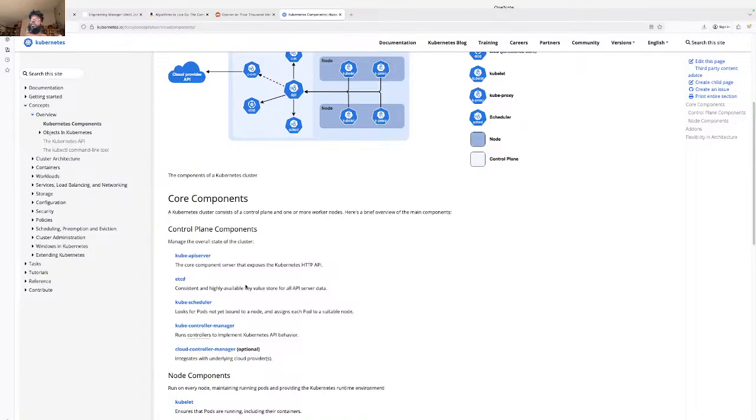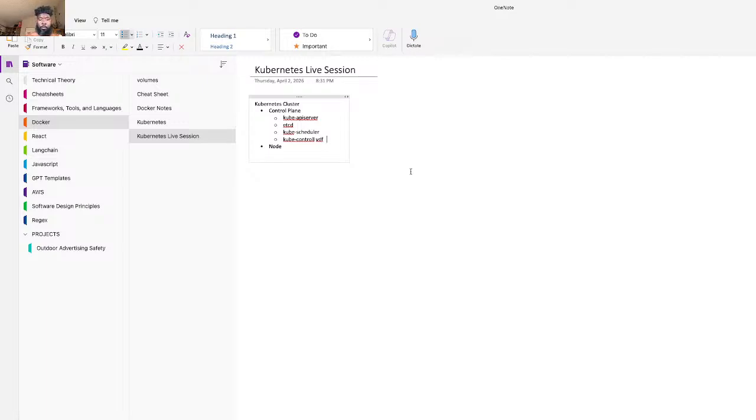So that's good. Okay, so control plane. Let's write that down. I think that's important to know. Let's go to these nodes. All right, so worker node.